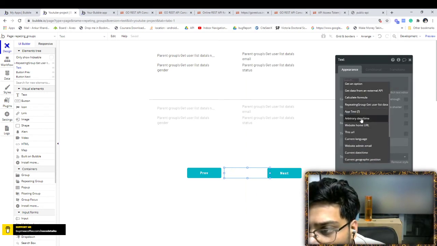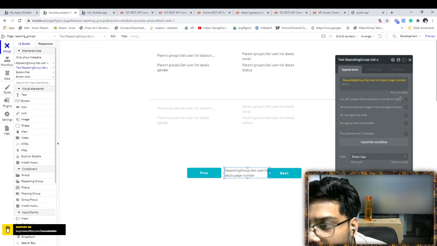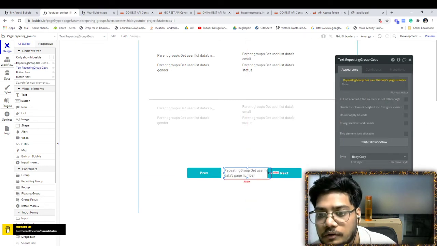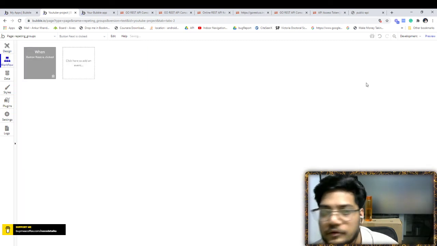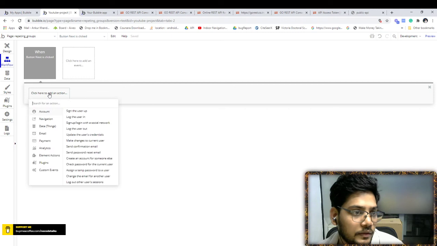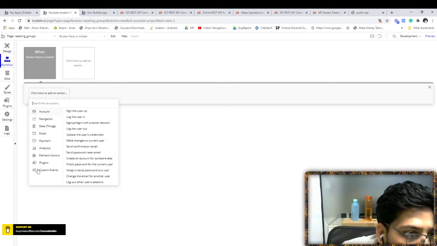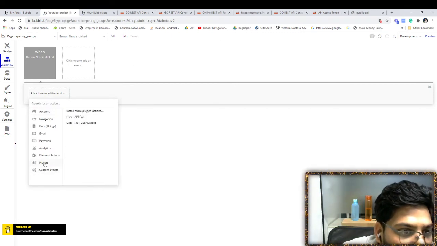There is a method for the page number, which is the current page number. If you click over this, start a workflow, button next is click, and there is a method for pagination.